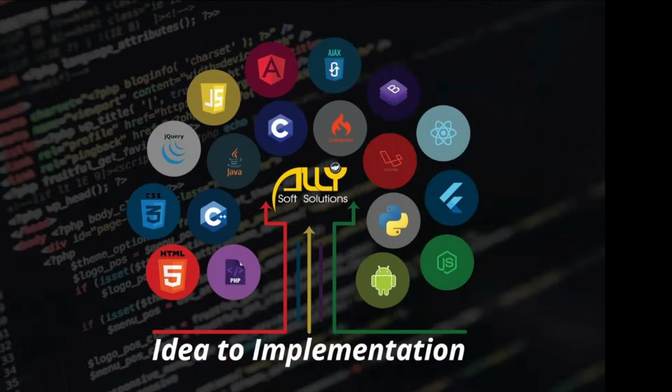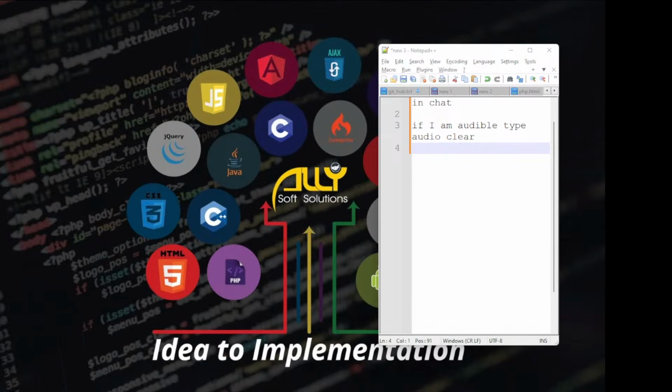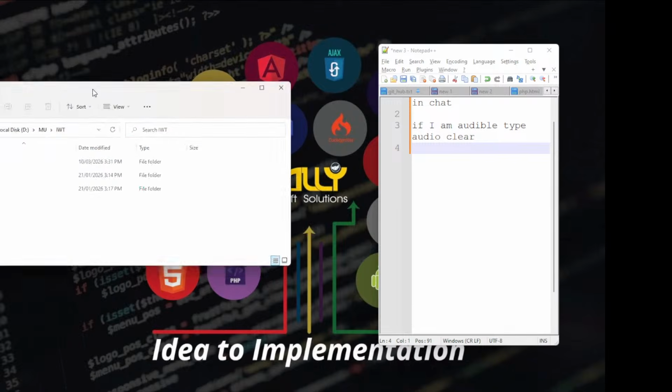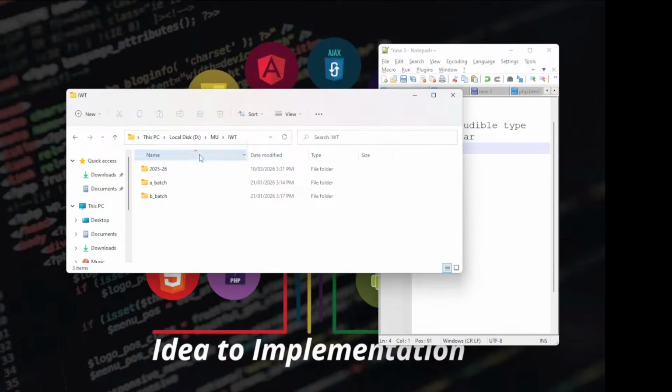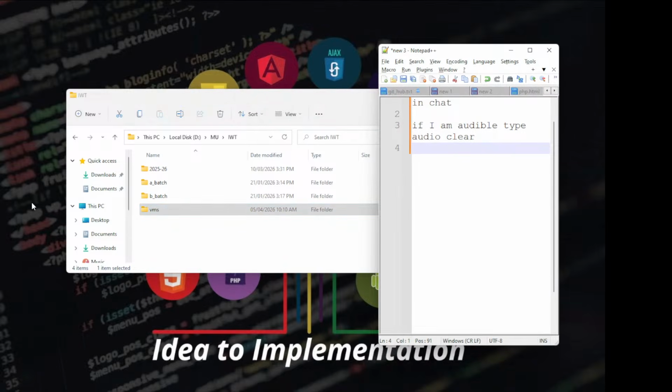Okay, good to go. So let's start with VS Code first. We are going to create one folder in that, IWT. Simply I'm going to create a folder, let's say VMS. Actually, what we are supposed to create, we need to discuss that. I just forgot that particular part. So today we are going to create a visitor management